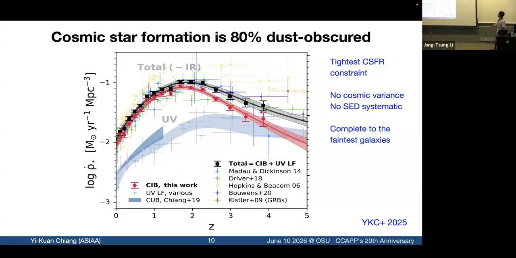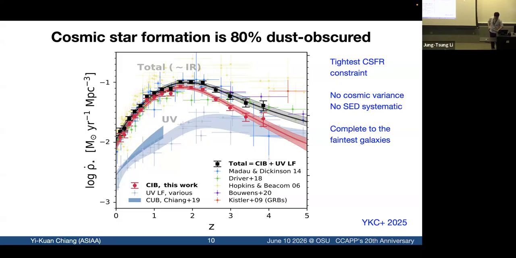And just because of the sheer number of photons and the very wide field coverage, this turns out to be the most precise estimate of cosmic star formation history so far. So the red symbols and bands are the direct measurement from this cosmic infrared background. And as it turns out, this infrared component is much, much stronger than the UV, so the unabsorbed components of star formation, uncorrected for dust. And if you add the UV and the infrared together, you get to these black bands, which is the total star formation. And about 80% of that is dust obscured.